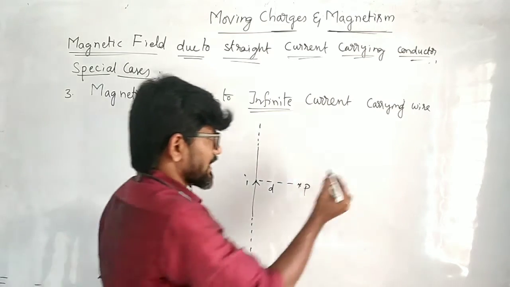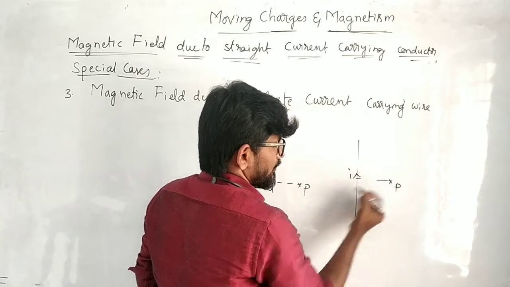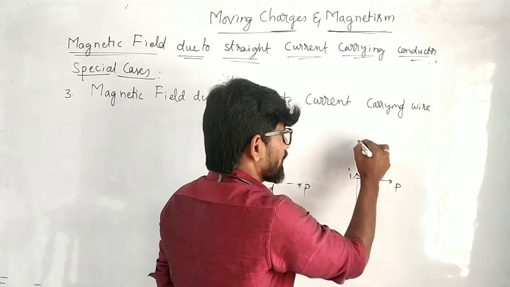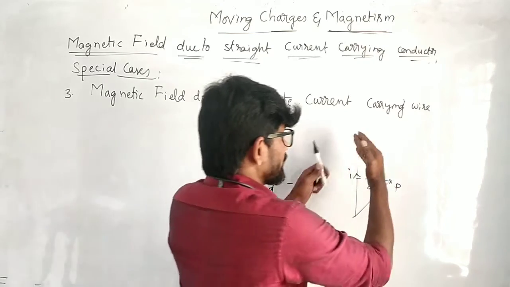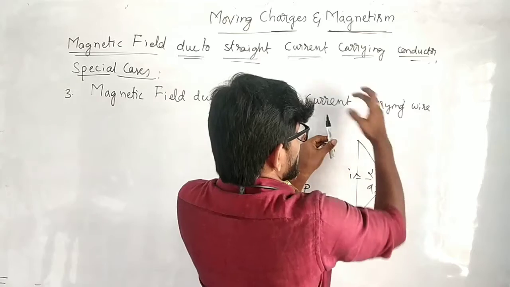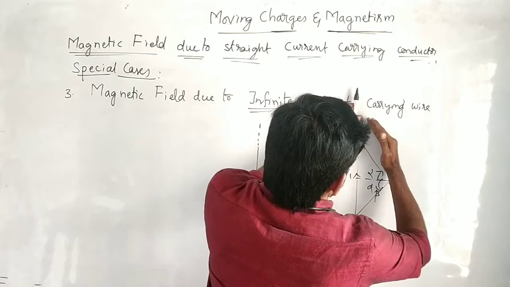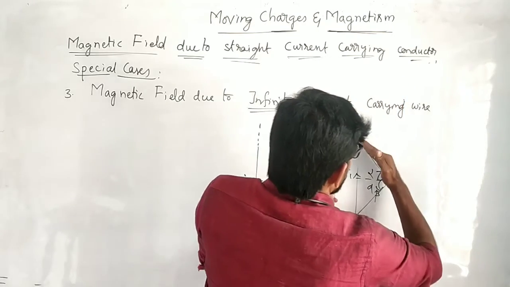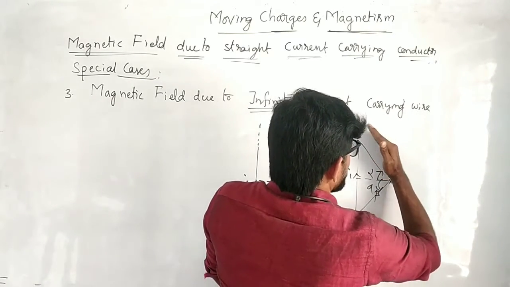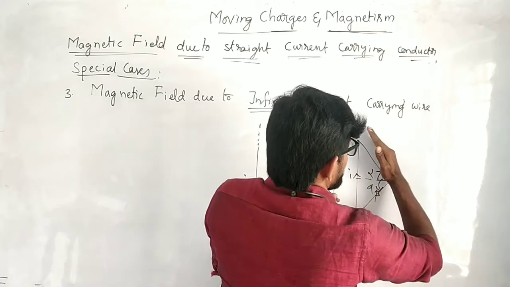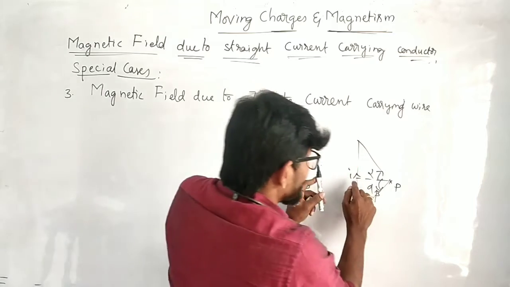To understand this, just again try to imagine this finite current carrying conductor. Due to this, at a point P, while finding the magnetic field at the distance D, we have drawn these lines so that this is alpha, this is beta. Right? Now, if the length of the conductor is increasing, this line goes up. So alpha increases. If length increases further, alpha increases further. If it goes to infinity, this line will almost slide or rotate such that it becomes parallel to this line or perpendicular to this line.